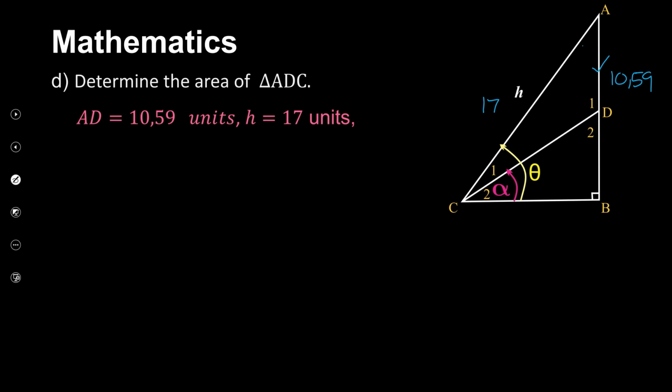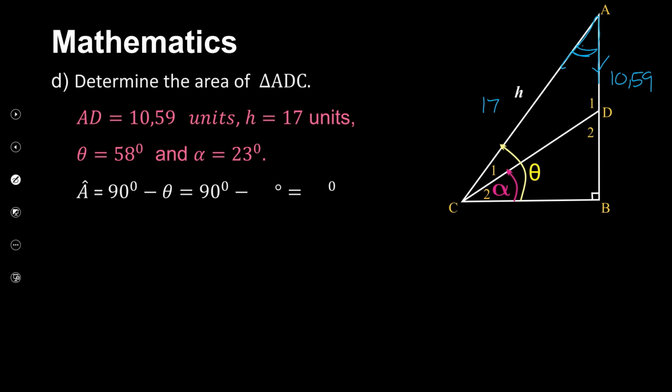So if we can use side, angle, side like this, we can use the area rule using those values. They've given us also that theta is equal to 58 and alpha is equal to 23. So angle A, which was 90 minus alpha, must now be 90 minus theta, which is 90 minus 58, which is 32 degrees. Okay, so area of ADC will be half